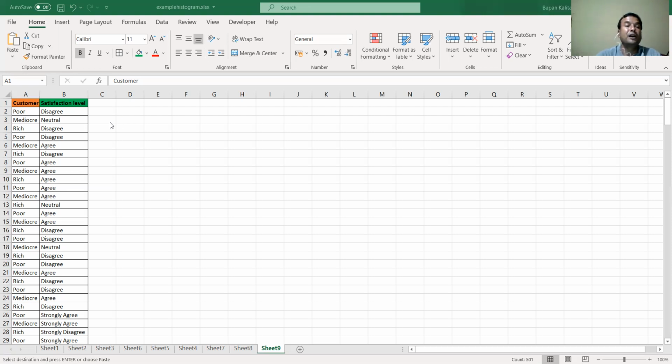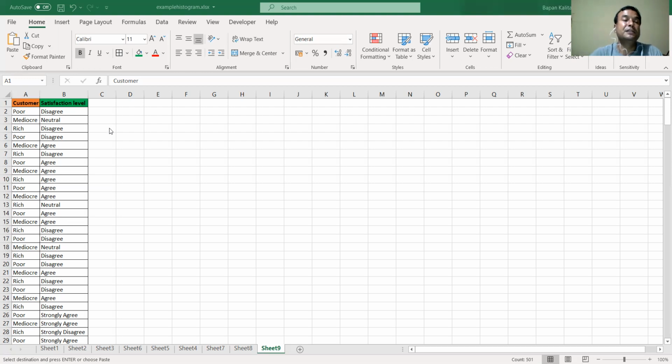Then we have to assume a level of significance, which is generally taken to be 5%, and we need a critical point. I will show you how to get the critical point here. So okay, let me make the pivot table first, then we will get both the critical point and the chi-square calculated value and the tabulated value using Excel.